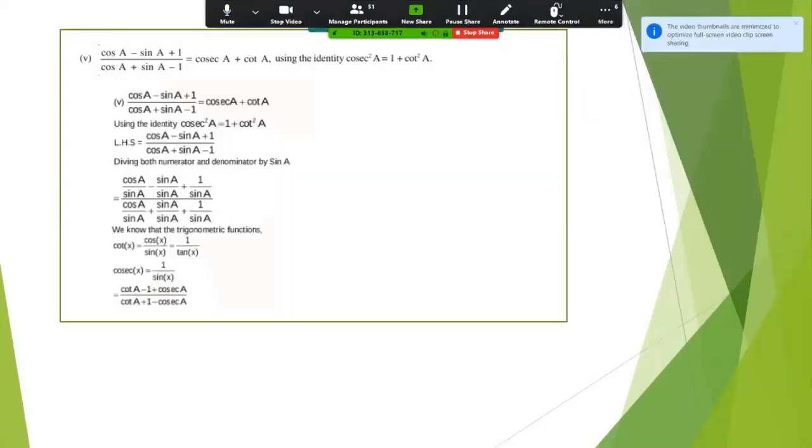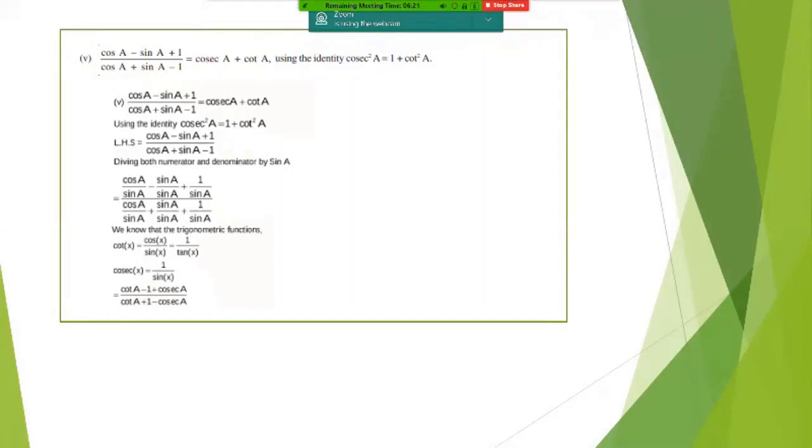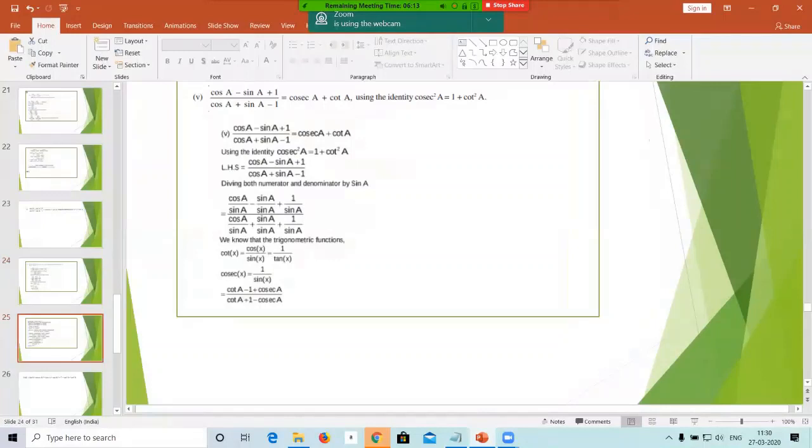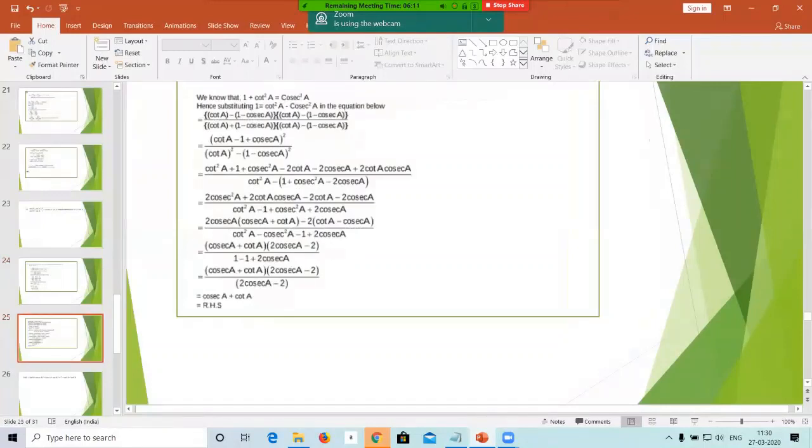Again, I'll go back because this was not the end of the sum actually. So again, I'm going back, again sharing. Can you see the screen now? Yes, ma'am. Can you see the PPT again? Yes, ma'am. Ma'am, could you zoom a little bit? Now here goes my step. So what I showed to you, now continue. You people continue from here.